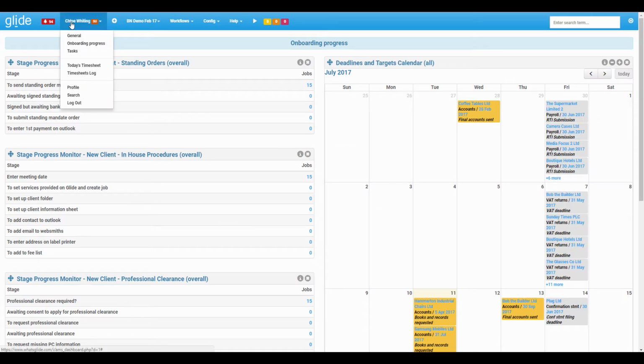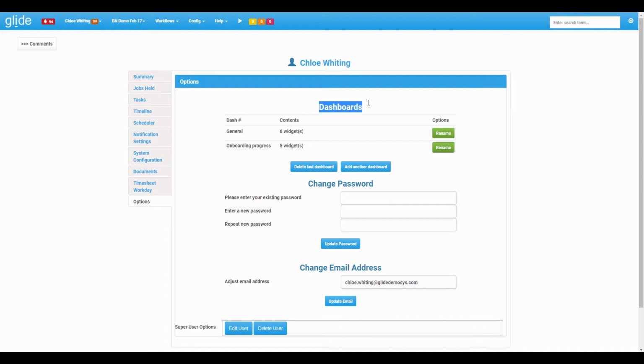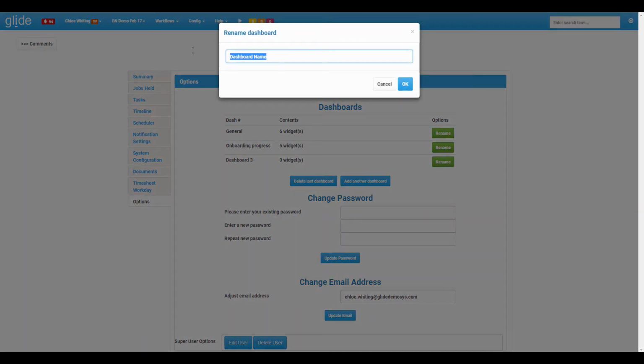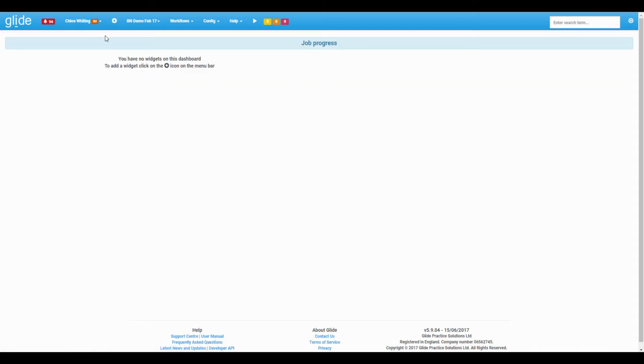So if you want to add more, just click on your name, click on Profile, click on Options again, and it's just here, Dashboards. Here you can rename the names of your dashboards and you can add extra dashboards. Okay, so I've just added a third dashboard there, and I can now rename this to whatever I want. If we go to that dashboard, we'll see that that one will start out blank and we need to add